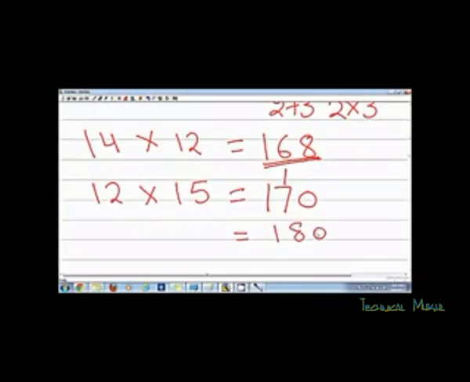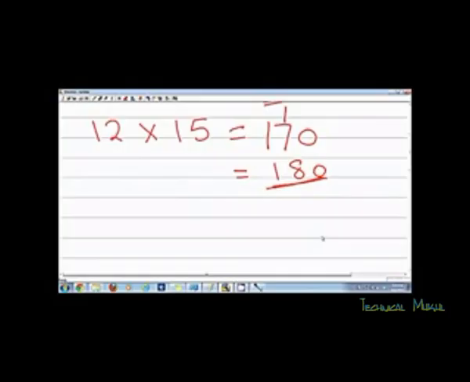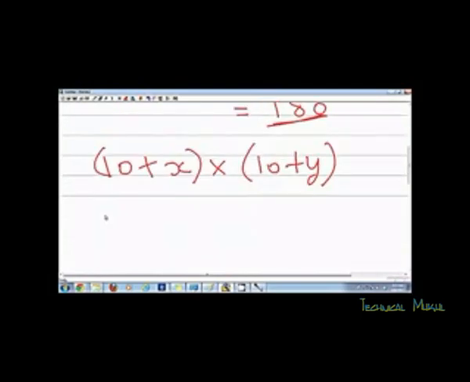So this is a little trick that you need to remember for doing this kind of multiplication. Now let's go to the proof. I'm not doing any magic here, there is a simple mathematical proof for it. For example, if I have to multiply two-digit numbers like 10 plus x and I want to multiply it by 10 plus y, if you solve this, what you will get is 100